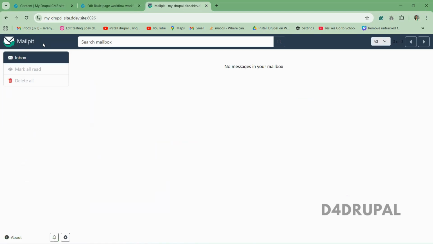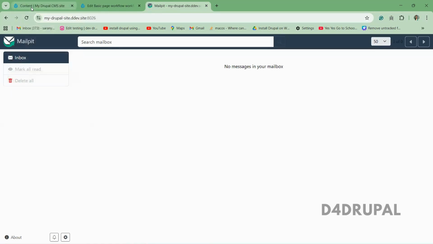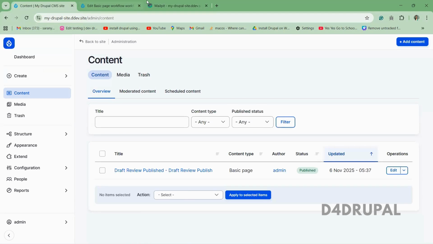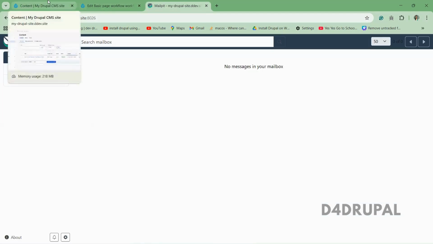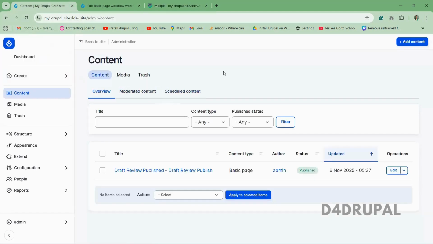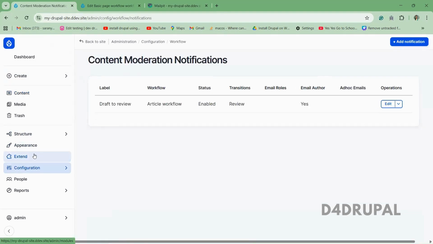And here by default, when you install Drupal CMS, you have a mail kit. So it will come by default. You just have to hit the URL with 8026. This will be coming. So this is used when you do the development. You don't need to configure SMTP or something to check the mails. By default, whatever mail is coming out from this Drupal site, all will be triggered to this mailbox. So you don't have to fill your personal mail ID or whatever for testing purpose. For that, I have enabled the module called content moderation notification in extend,